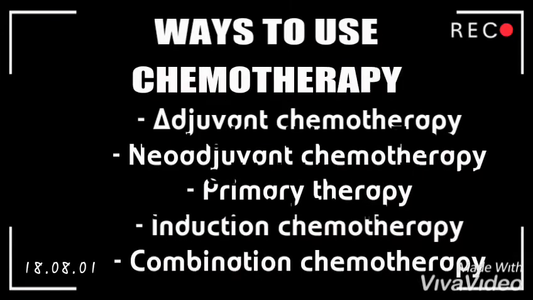Ways to use chemotherapy. Adjuvant therapy. Chemotherapy used in conjunction with another treatment modality. Neoadjuvant chemotherapy. Chemotherapy to shrink the tumor prior to surgical removal of the tumor. Primary therapy. The treatment of patients with localized cancer for which there is an alternative but less than completely effective treatment. Induction chemotherapy. The drug therapy is given as a primary treatment for patients with cancer for which an alternative treatment exists. Combination chemotherapy. That's administration of chemotherapy of 2 or more